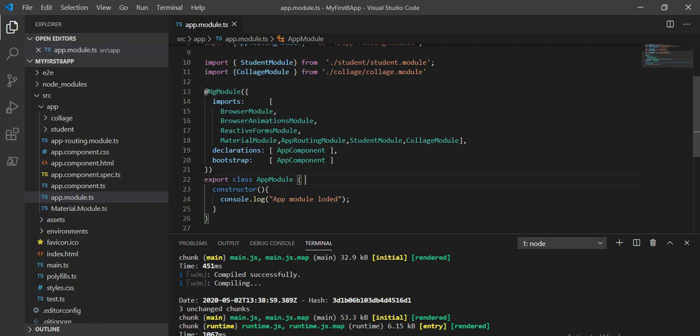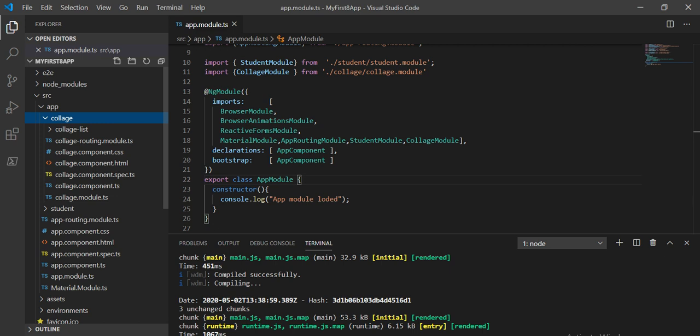What we have done in the previous example is we created two folders for college and student, and we created the respective component, module and one routing file, and we created one more component called college list. When we click on college, in the college label we are showing one link, and when we click on that link it is showing the respective list.